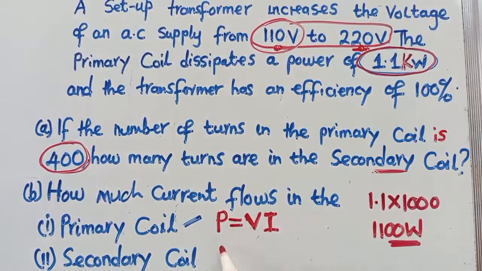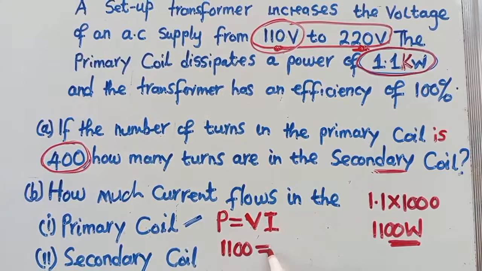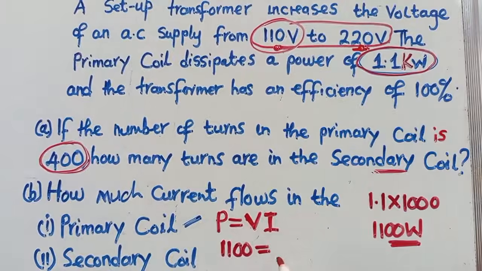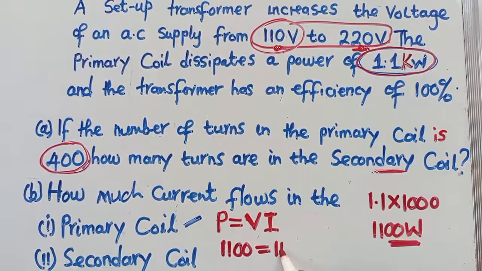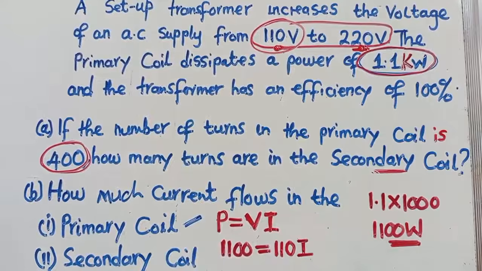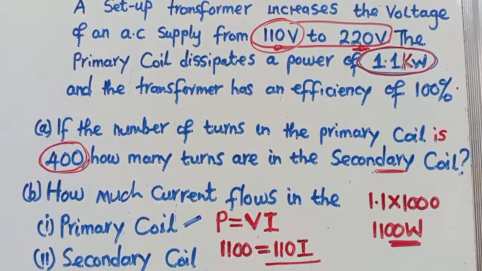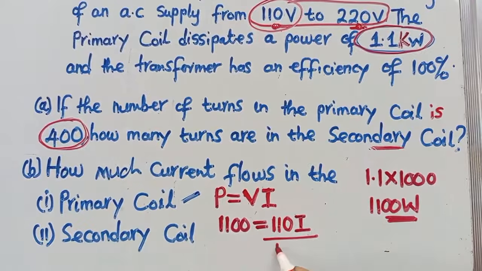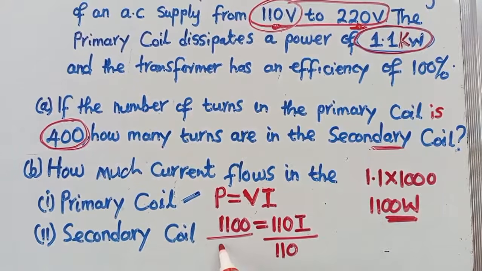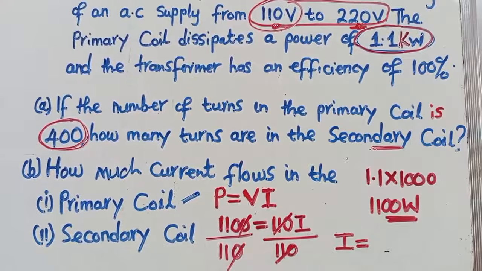So we substitute there. Power is 1,100, which is equal to the volts in the primary, that is what? 110. So 110 times I, which is the current that we are looking for. So from here, what are we going to do? We just divide both sides by 110. So then this one will be cancelled, so current is now equal to